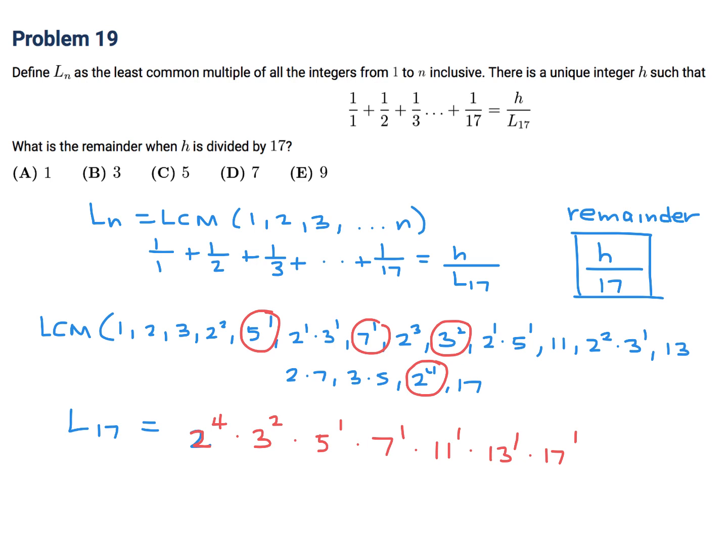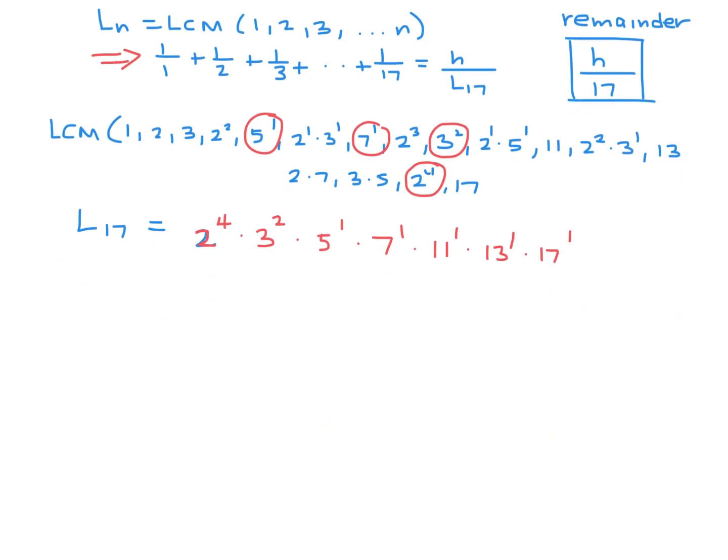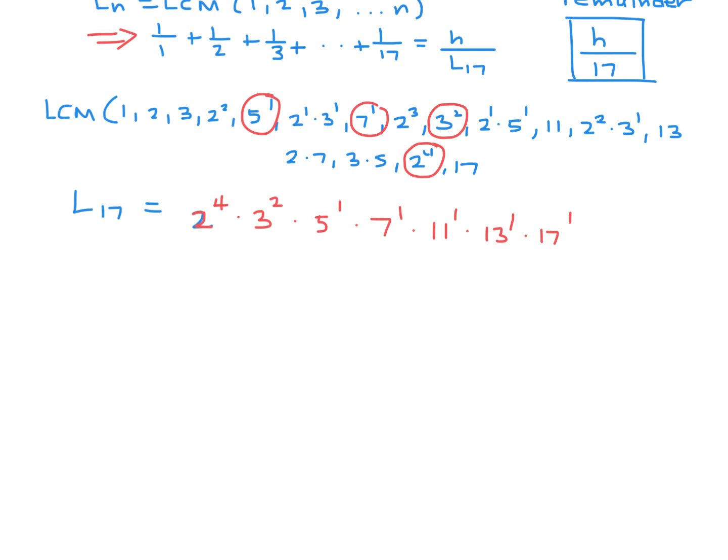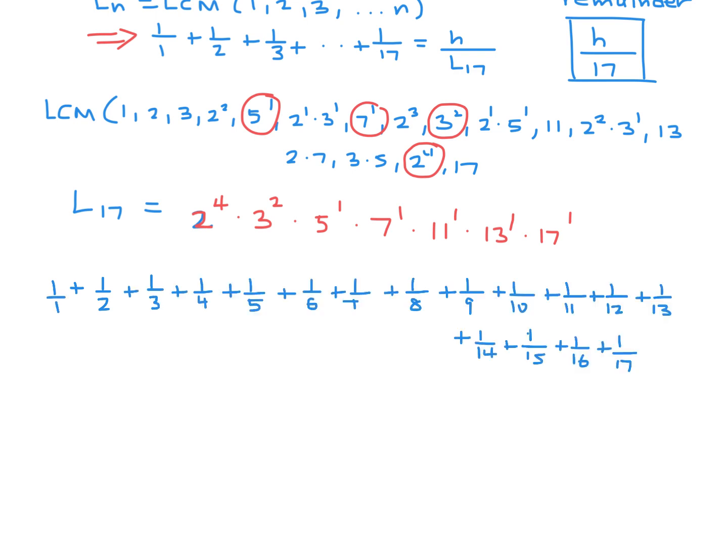Okay, all right. I think we have everything we need, concentrating on this equation. So let's do that. So now we've got 1 over 1, and we got to write this whole thing out. I'm going to actually write it all out because it should help. So we have 1 plus 1 over 2, all that. And there you go. That's pretty much the left side of this equation up here. And then we have this equals h over L17. Well, this is L17. So that's going to be over here